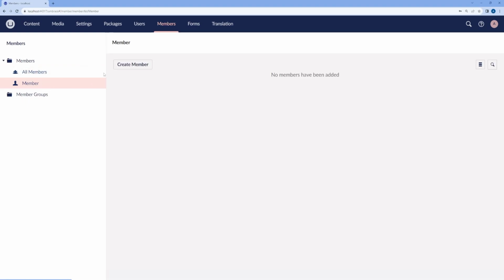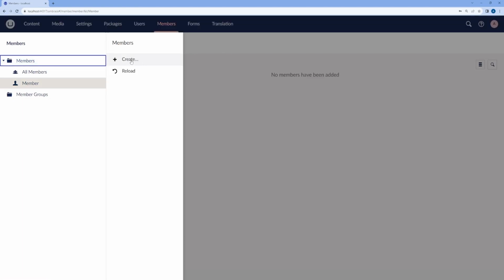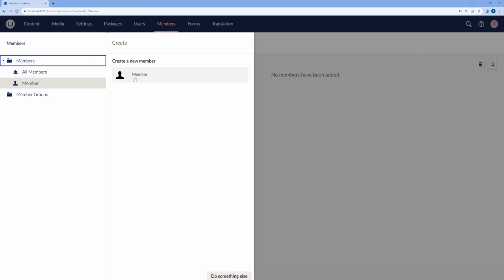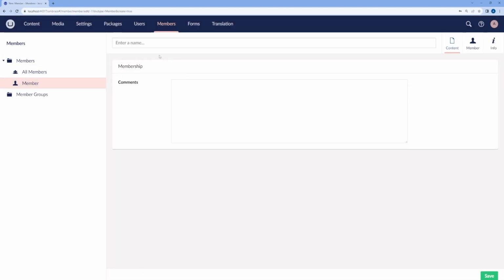If you go to Member, or if you right-click on the folder of Members, we will get the option to Create, and here we can create a member. Once we do that, we will need to add a name. Let's say Alina member. We can add a comment, and this will be a message that they will receive in their mail with the invitation. So let's say